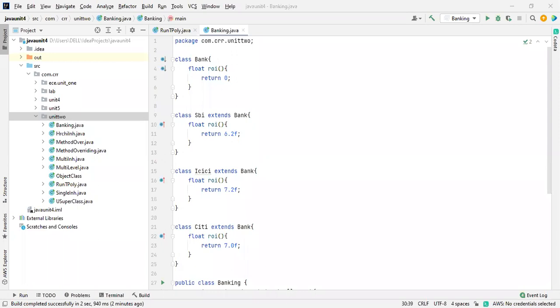There are two things available inside Java. I want to show you my slide, which is good for you. Just a second, I'm going for the slide.